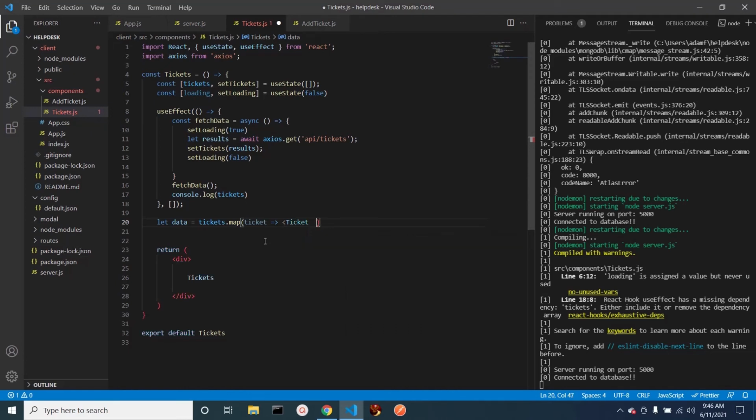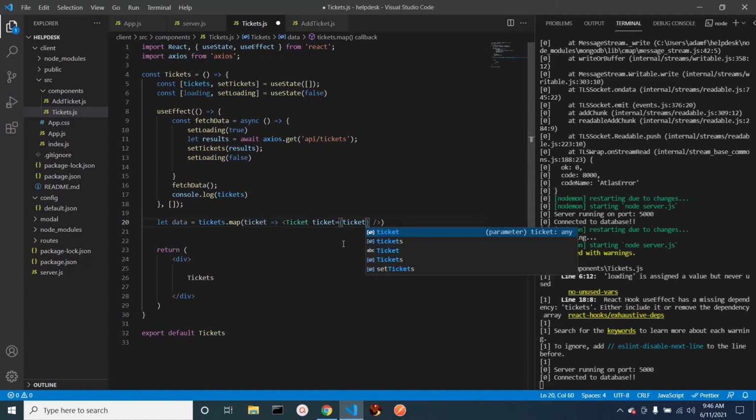another JSX element here, and we're going to pass in props to it. So this is our main tickets. This is all of them, but each individual ticket is going to be its own automatically generated component. So tickets, so we're going to pass that, and we have to give it a key because this is the